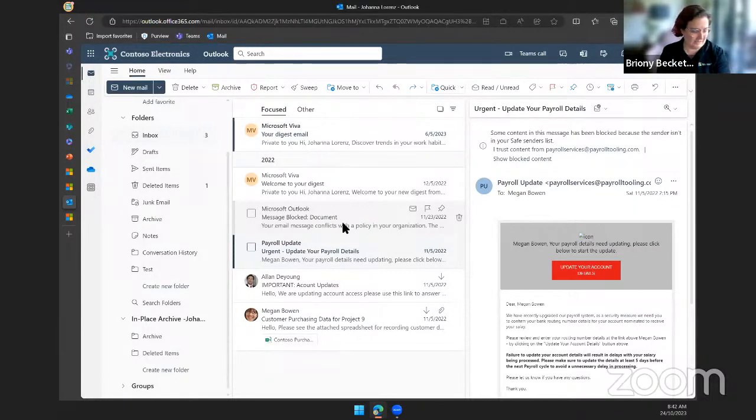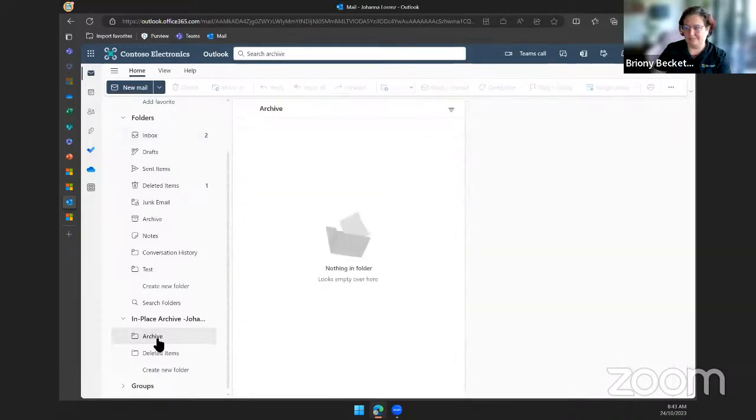On my Outlook mobile app, you can configure what you want to happen when you swipe on an email. I've got one direction as delete and the other as archive, because some things you just want to clear out of your inbox, but you don't actually want to delete them. Depending on your organization's policies, deleted emails might only be kept for a certain amount of time, whereas the archived ones will stay in place.